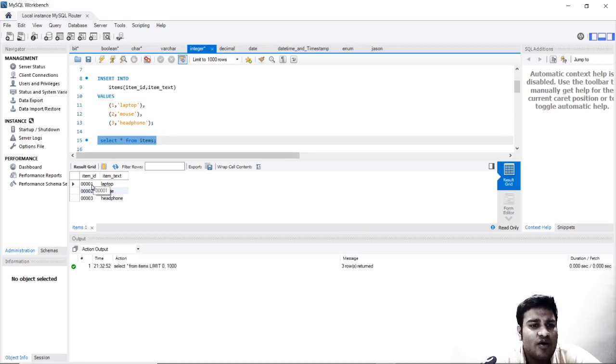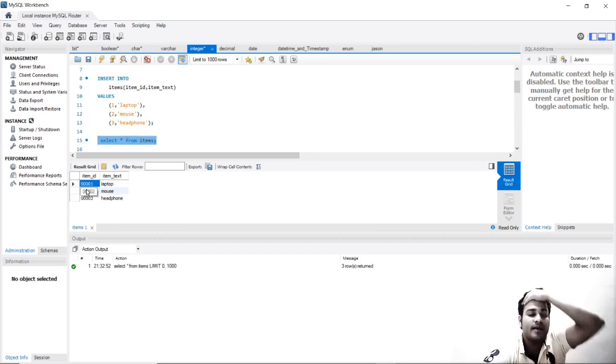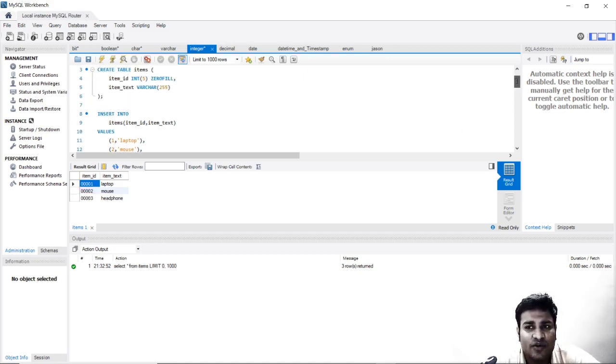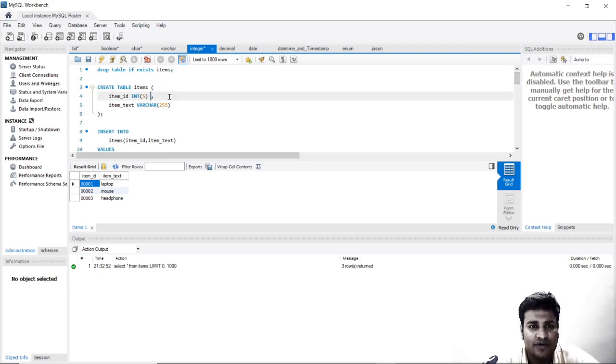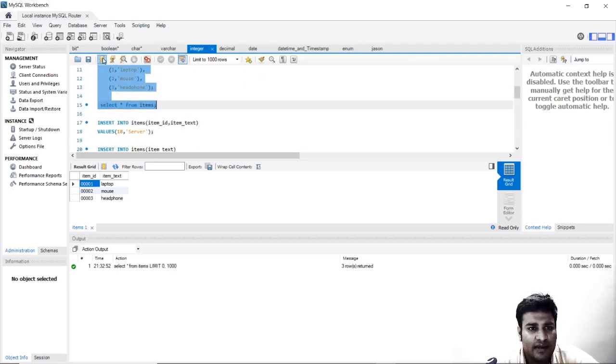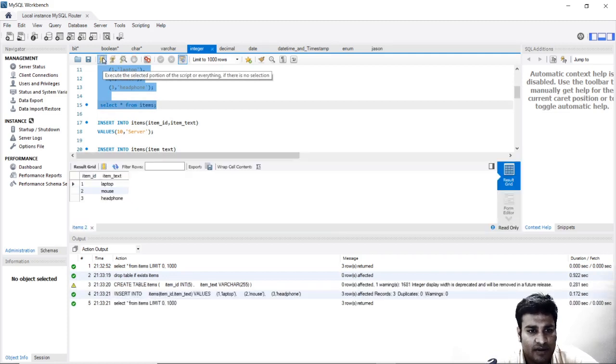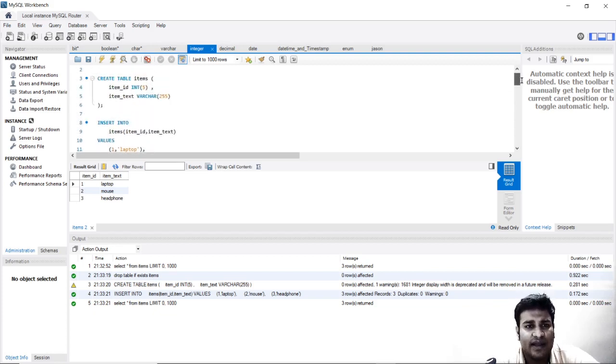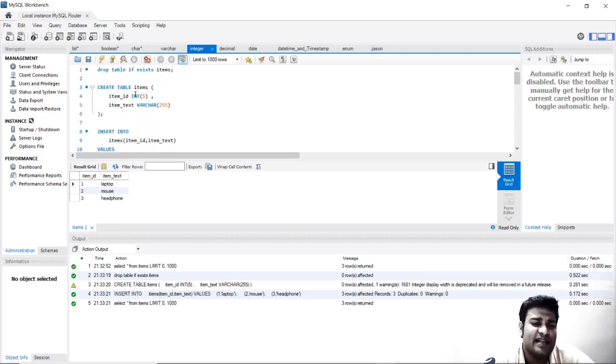The leading zeros do not have any significance as per mathematics, but still we have them, and you can treat them any way you want. This was because of zero fill. If you do not have zero fill, it will not have them. Again, I will just run it. All the commands still select, and it will show you all the results straight away. So you see over here, without zero fill, the leading zeros are not there. So these are some basic uses of integers, like unsigned and zero fill. These are the two important things which you should learn for integer.